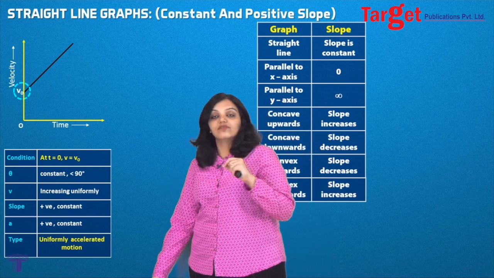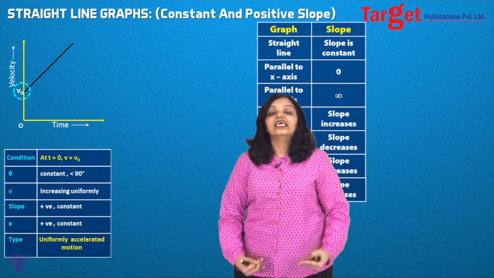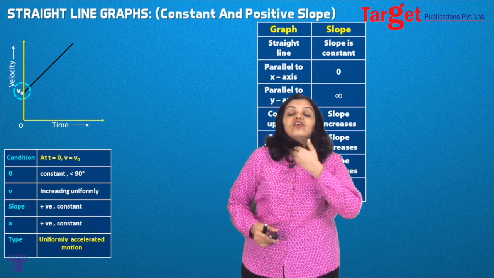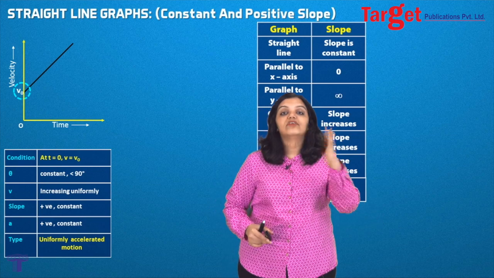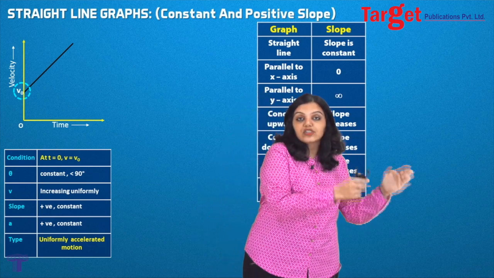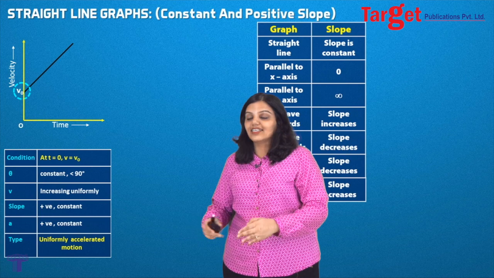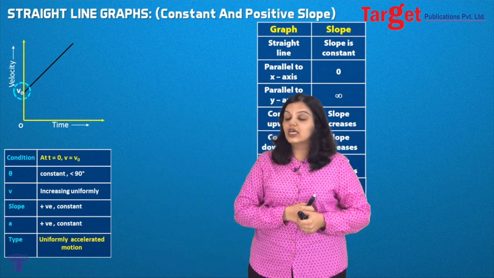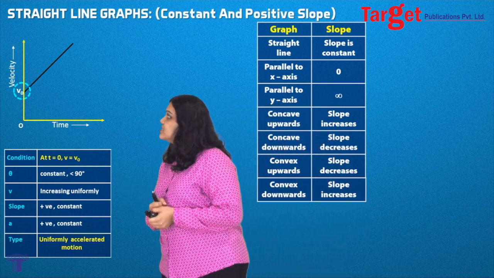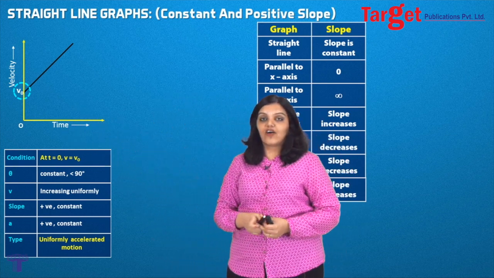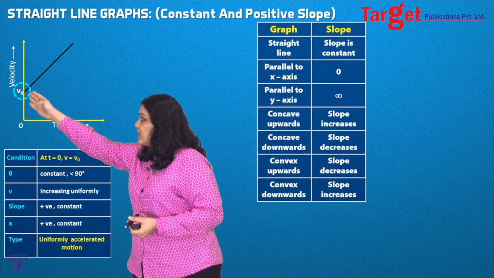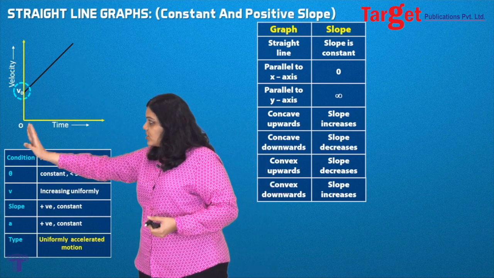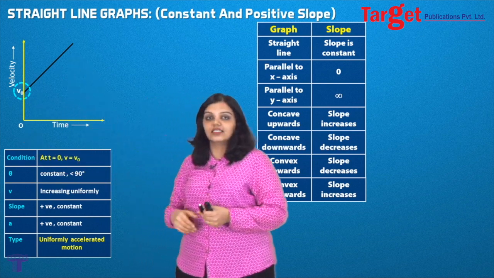Now if my slope is positive and constant, what will happen to my acceleration? Even my acceleration will be positive and constant. And how do I know this? I know this because for the velocity time graph, the slope is given by acceleration. So any comment you make on slope will also be valid for acceleration. So if the slope is positive and constant, even the acceleration will be positive and constant. We are also making a comment on the velocity in this case. You can see this is a velocity time graph. You directly have to look at the graph and see what's happening. You see this line is increasing. As you go from left to right, line is increasing, which means from left to right, velocity is increasing.